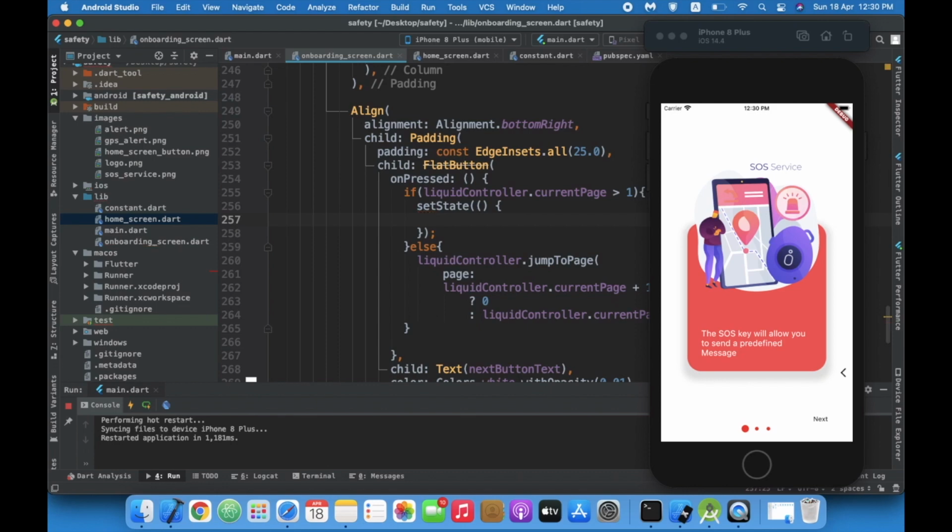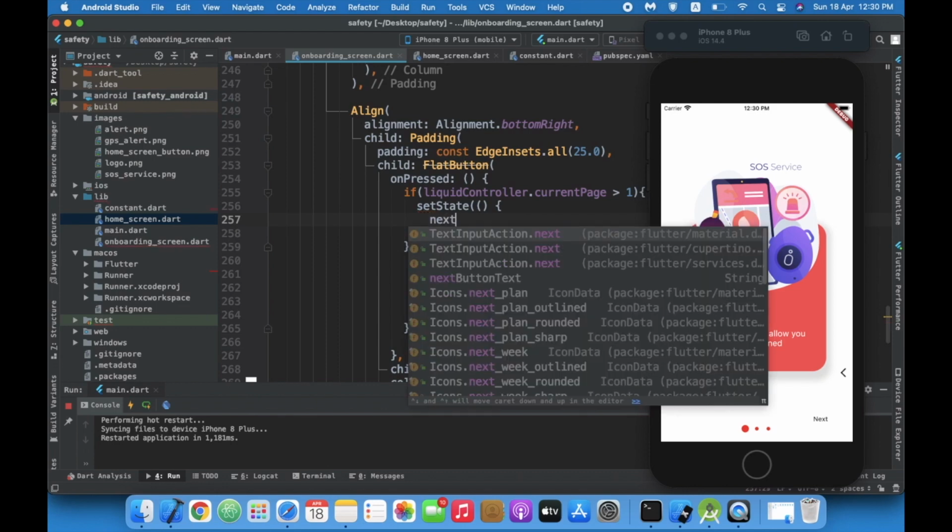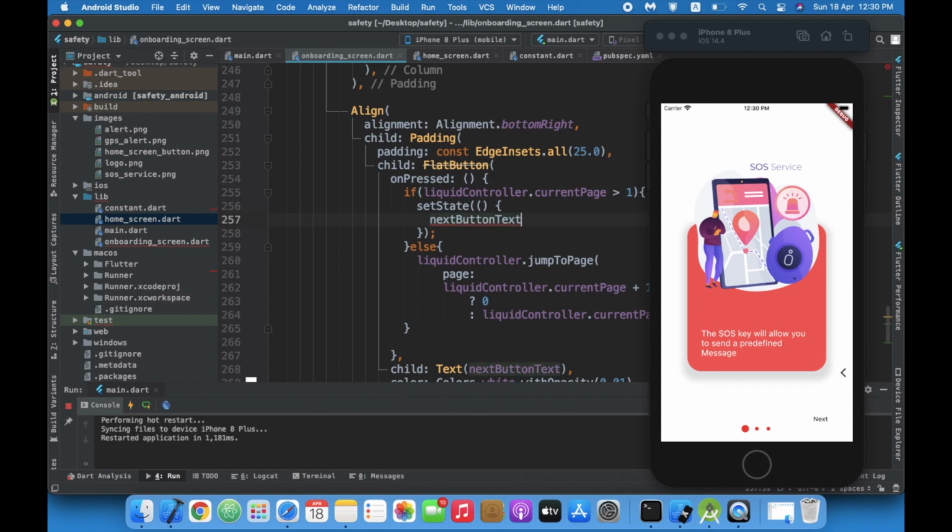Then set state, next button text is equal to go to app.